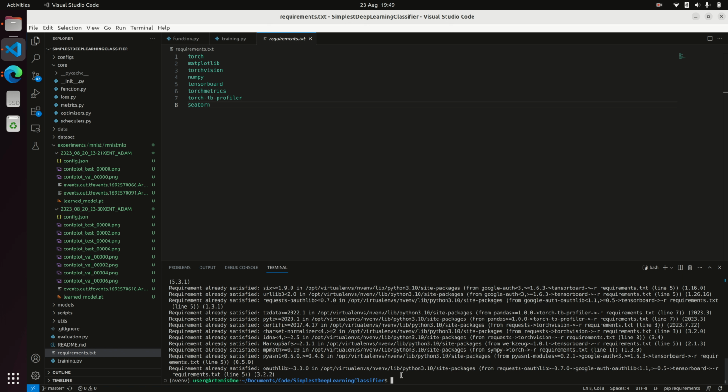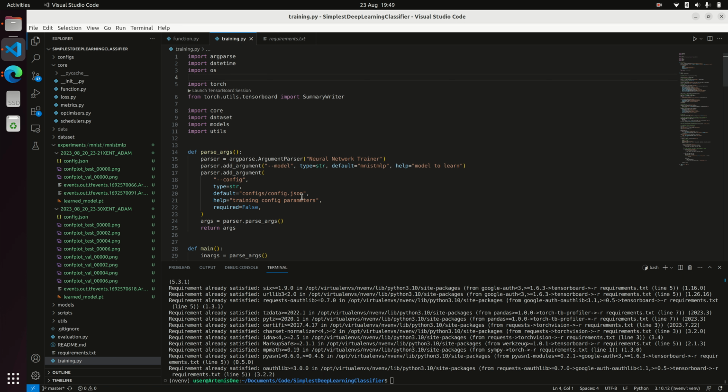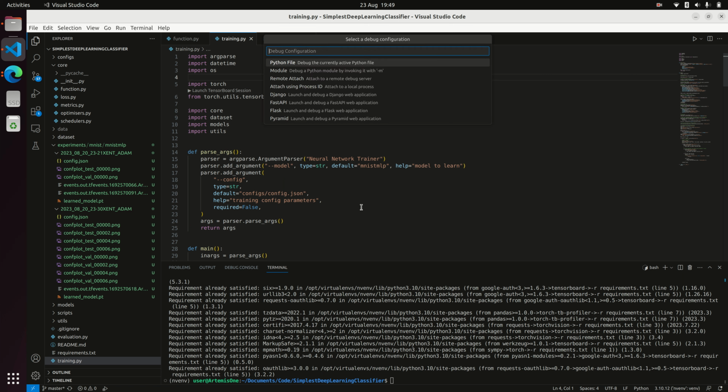So once you have that, you have all the packages that are required for this framework, and then you can run your code. So let's just keep the options as default. Right now just run this training script, and you can see if I press F5,